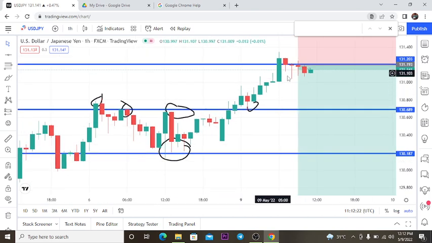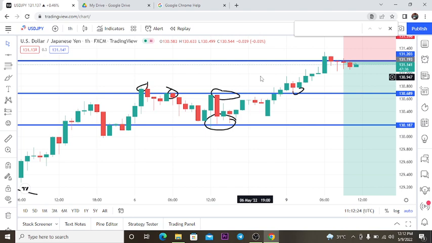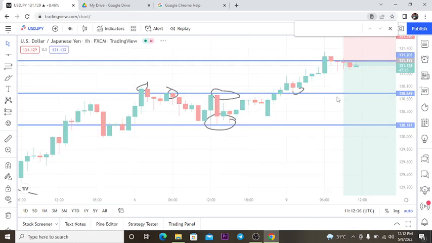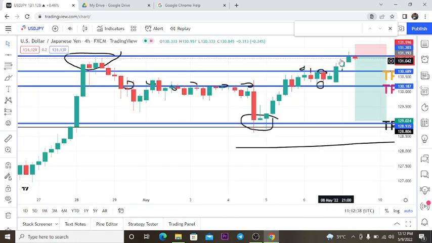Basically this is how simple the analysis I made, or how I analyzed this trade if I entered this sell on USD JPY. Remember, I just checked my 4 hours time frame, and I discovered that the price is currently on a resistance after retesting that same point. This is the first point, the second point, forming an M pattern right there, on the 4 hours time frame.